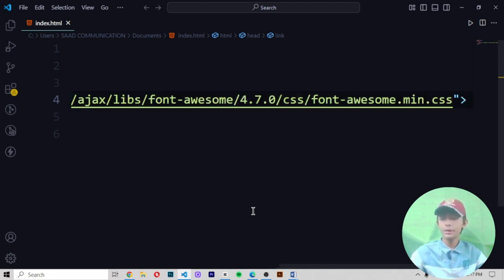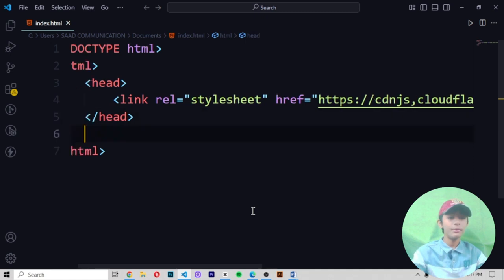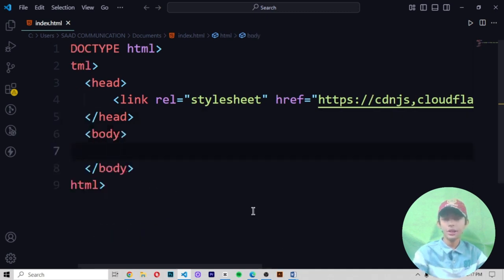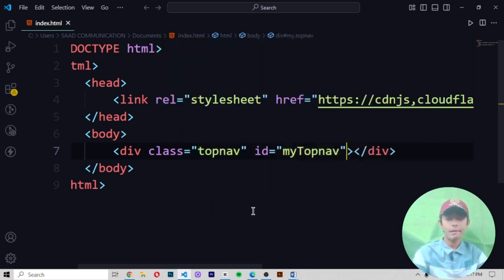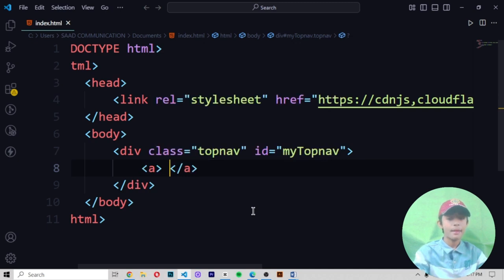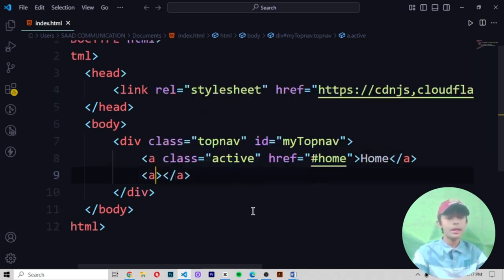Now we define a body section. In the body section we write div class topnav id myTopnav. Then an a tag with class active, and then href will be hashtag home, and here we also write Home. Now here we define href hashtag news.